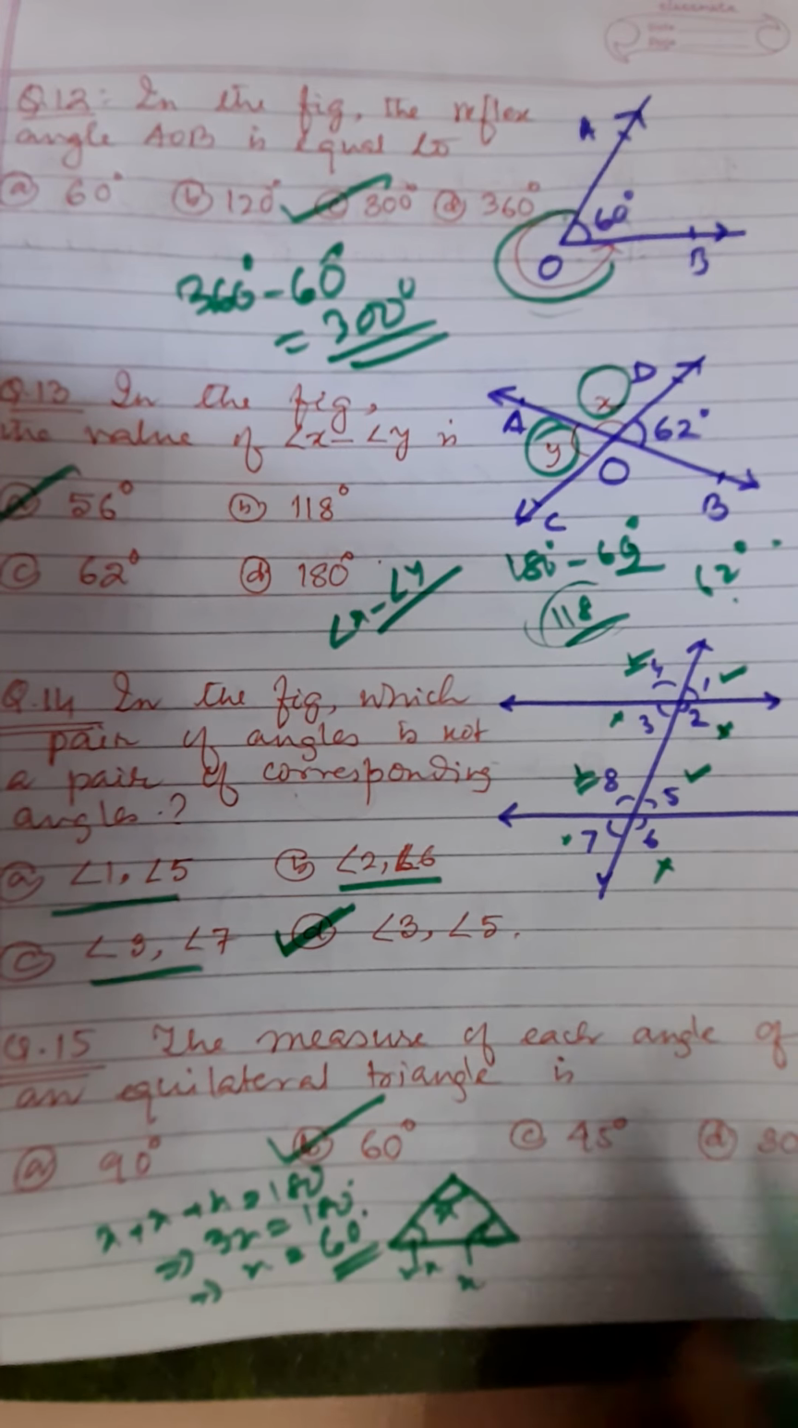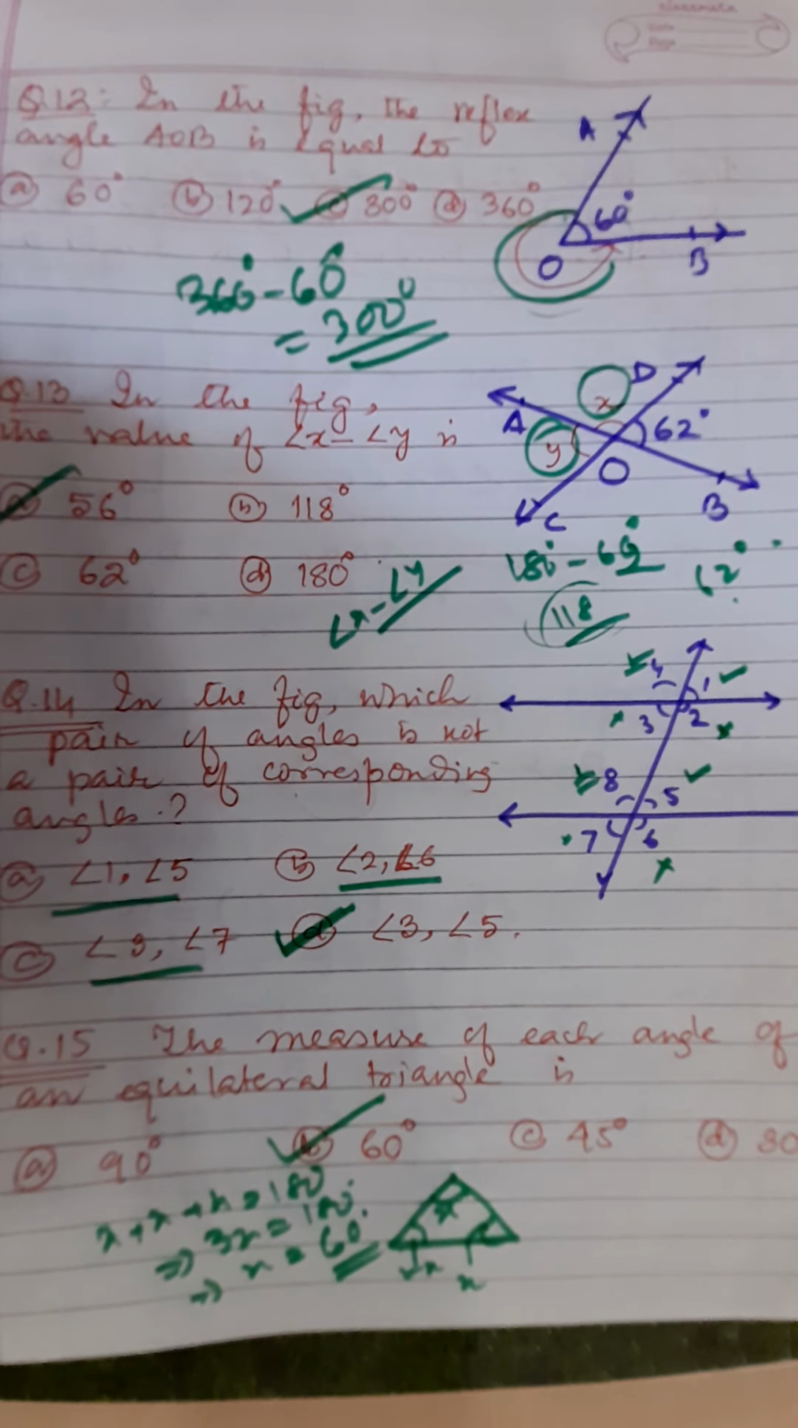All are equal. Sometimes this triangle is also called an equiangular triangle. Be careful. Which triangle is called an equiangular triangle? The equilateral triangle is called an equiangular triangle. That means the measure of each angle is equal, and all are equal to 60 degrees. This is how we have to solve the questions. So we'll get more questions